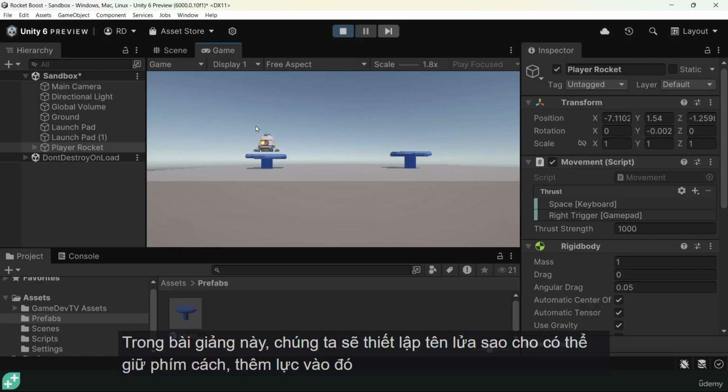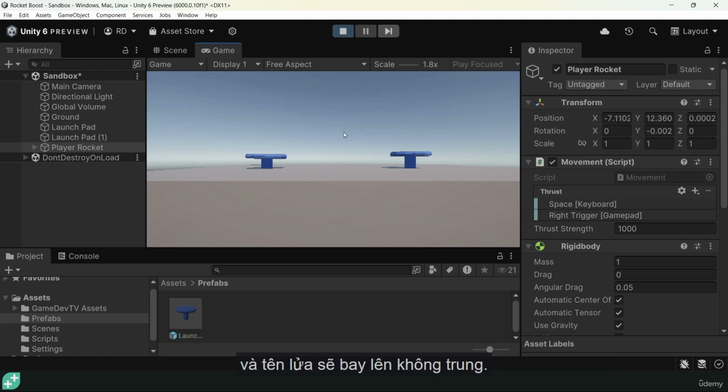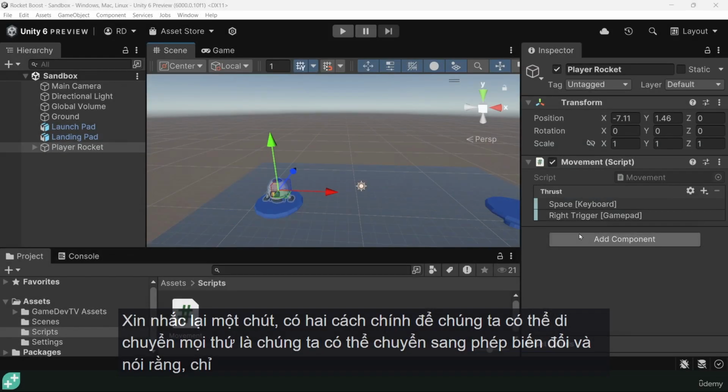In this lecture, we're setting up our rocket so that we can hold down the spacebar, add a force to it, and it'll fly up in the air. Let's get started. As a quick reminder, the two main ways that we can move things is we can